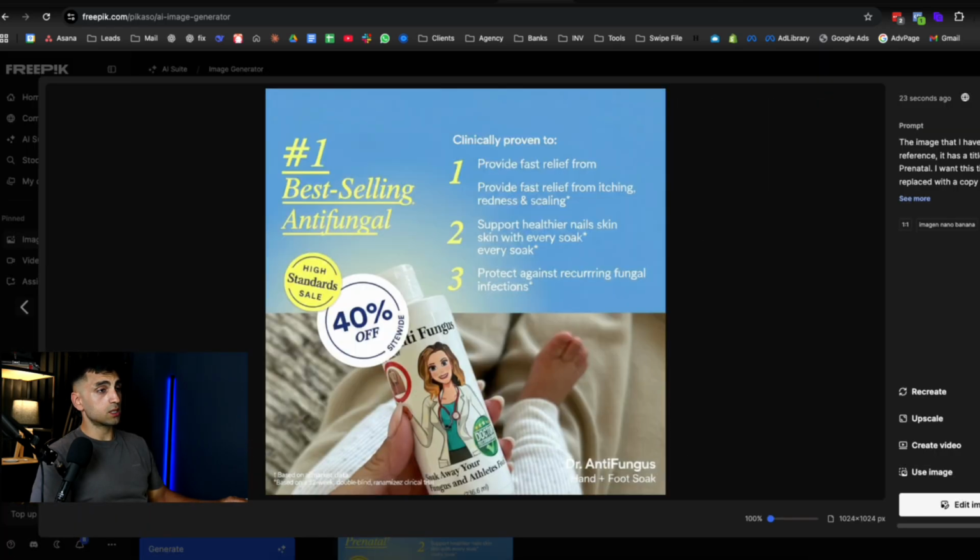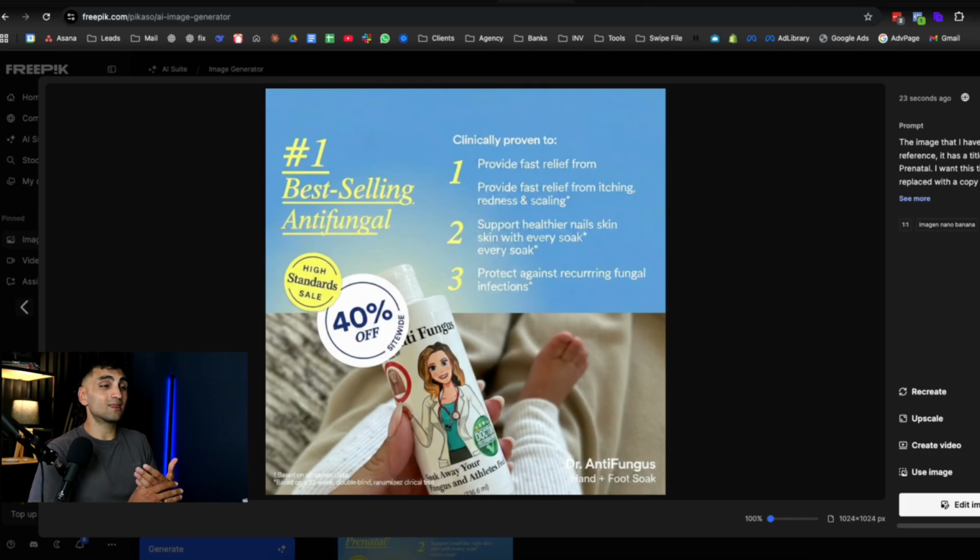And as you can see, the image is exactly the same, it just changed that. So the precision that NanoBanana has is amazing. And also something that is going to take time to get used to: because it is precise, you need to know what you ask for. So for example, in our previous